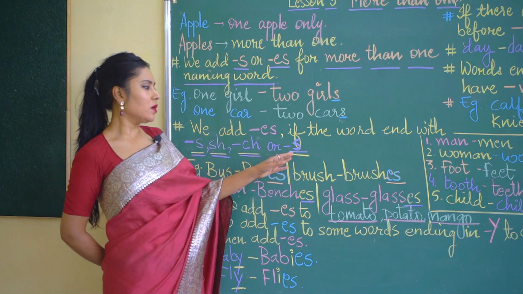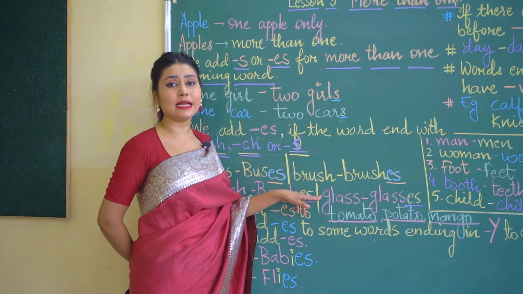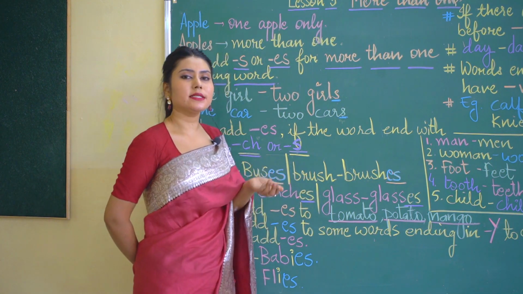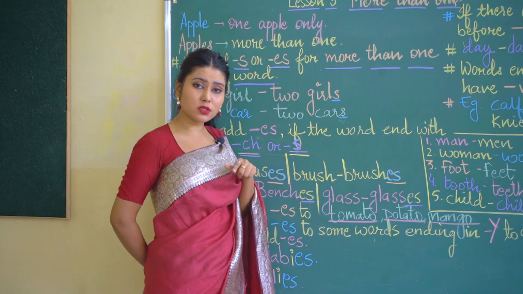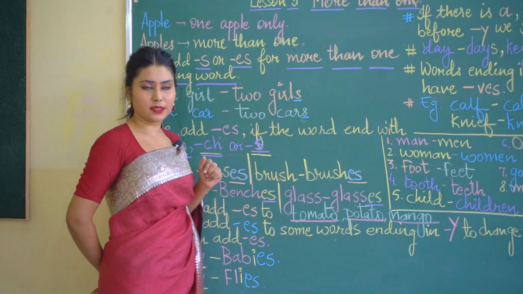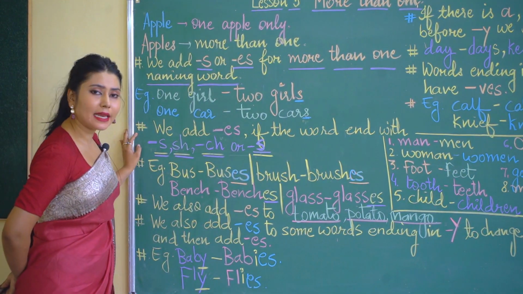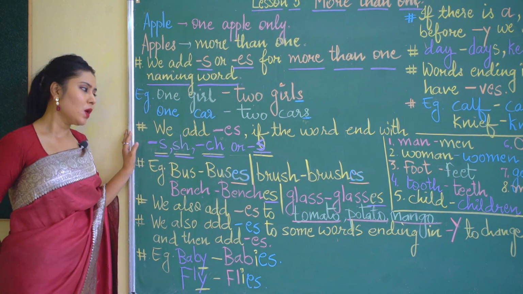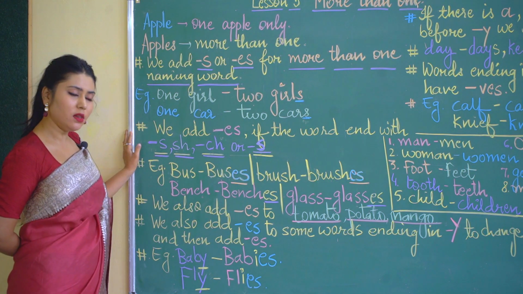And for the naming word ending with S, like if we take glass. See, glass is also a naming word. It is a name of a thing. It is ending with S, but you also have to add ES in the plural form of it. That's how you figure out, children, that all the naming words that end with S, SH or CH will all end with ES in their plural forms.